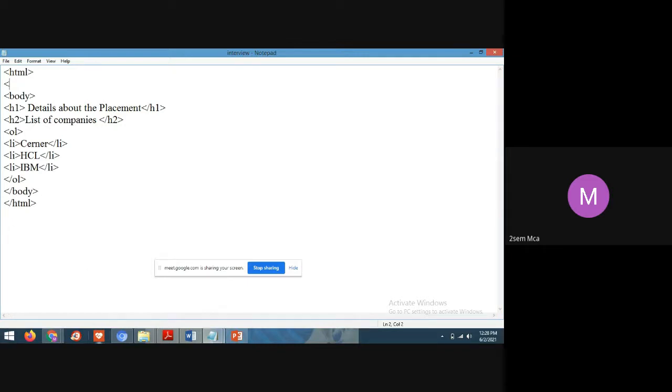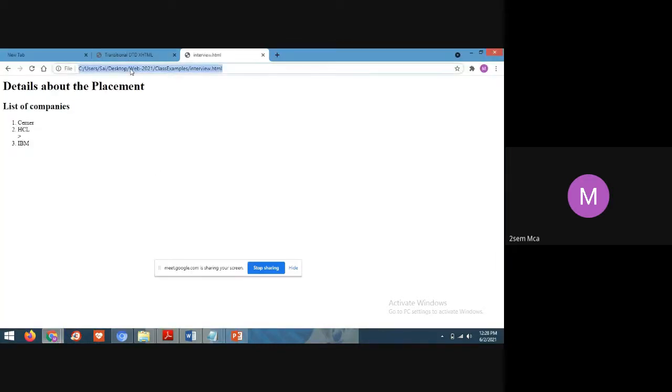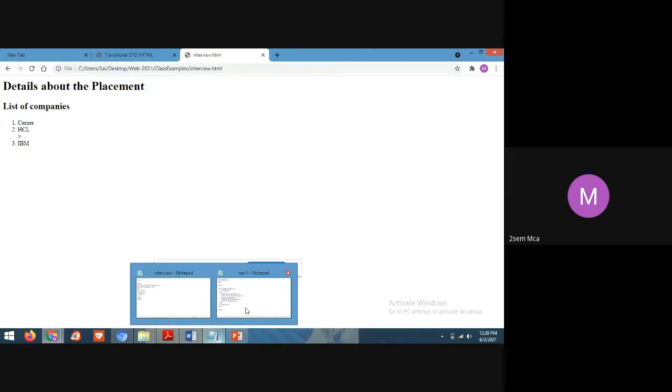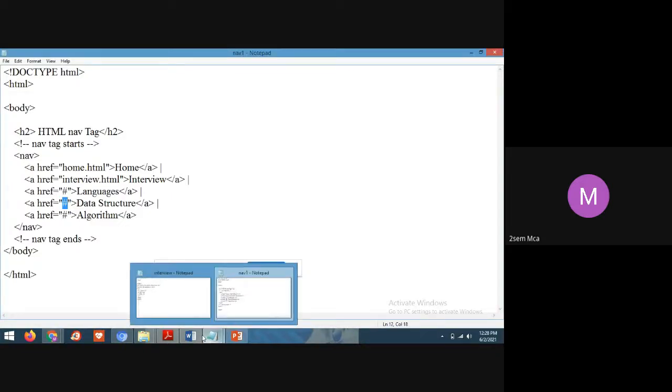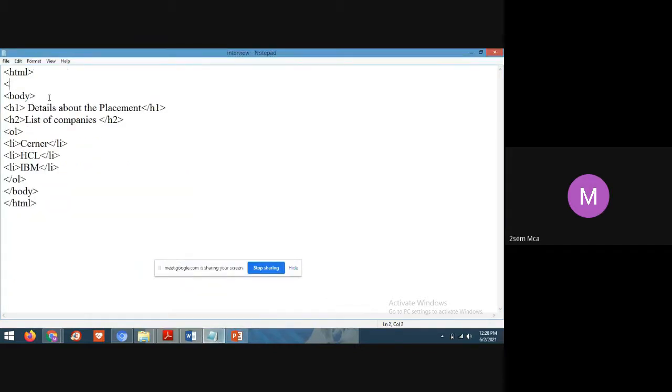This web page, my web page, is very simple. I want to do some modification here. So how can I do it, students? If you want to apply some style to your web page, what you can do? Style tag. Okay, one second. Divya, are you there? What I can do, if you want to add some style to the page?